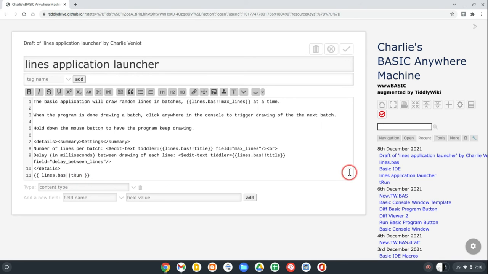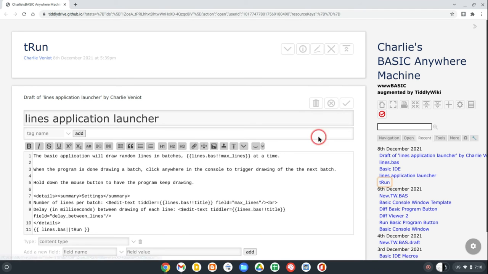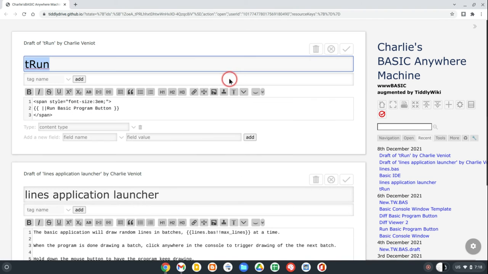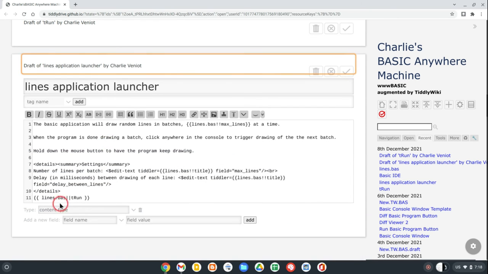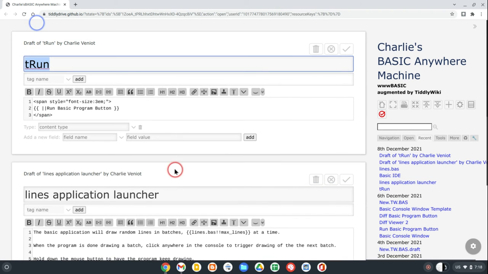And if we go take a look at the template, what this does, it says, hey, for the current tiddler, and in this context here, the current tiddler is lines.bas,